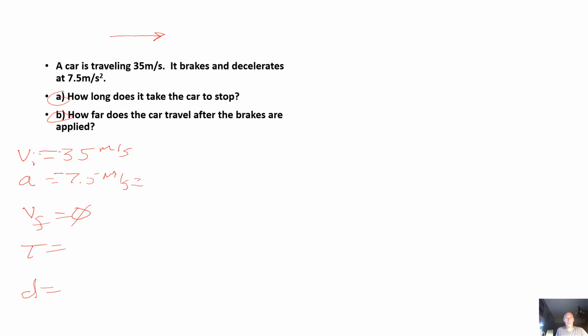I'm going to use the formula we did first to figure out how long it's going to take to come to a stop. I'm just going to use the same formula, just rearranged. VF equals VI plus AT. Now some people like to rearrange it to get T by itself. That's up to you. It's probably better if you do that, but this will be fine. So I'm going to substitute in the values. The initial velocity is 35 meters per second